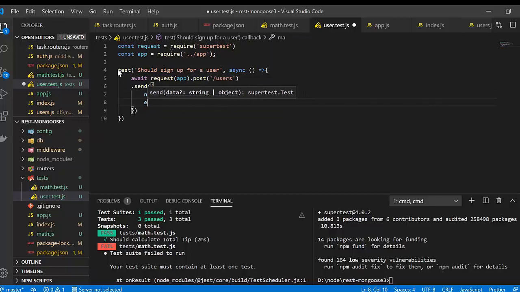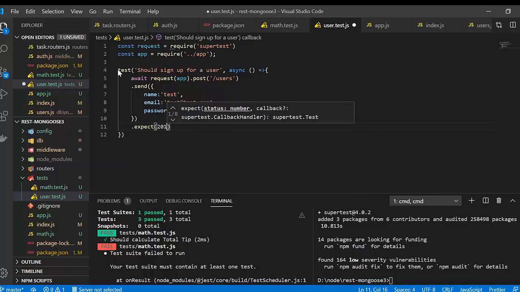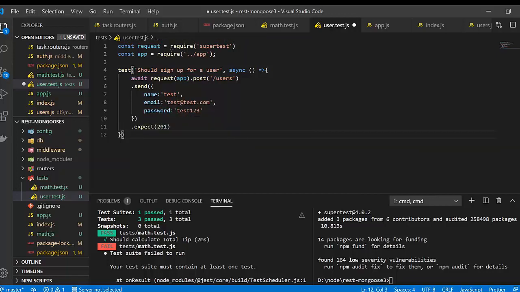Email will be test@test.com, and password will be test123. So in here, what we expect is the status code to be 201, and if it runs properly,